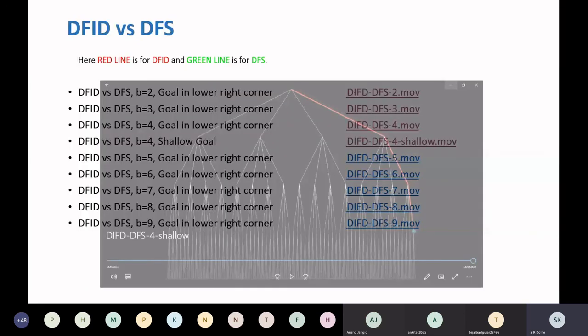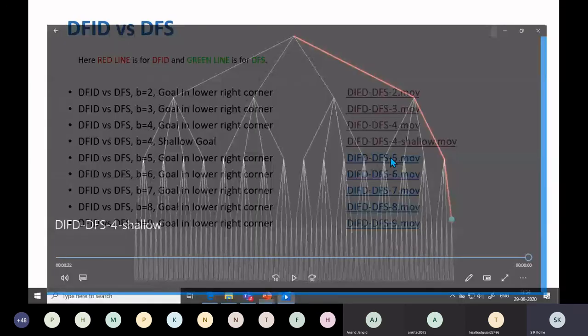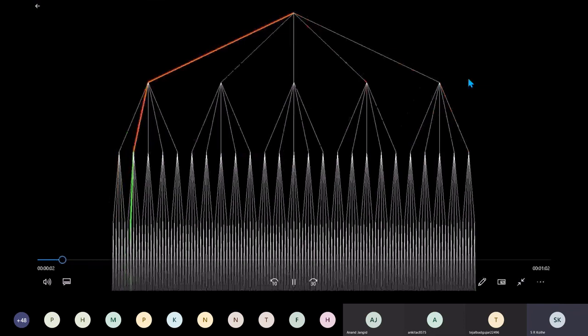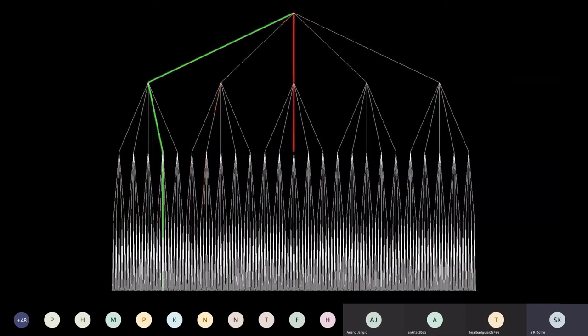Another variation, if B is equal to 5, then check execution of both DFS and DFID. Again goal is at the right bottom corner.